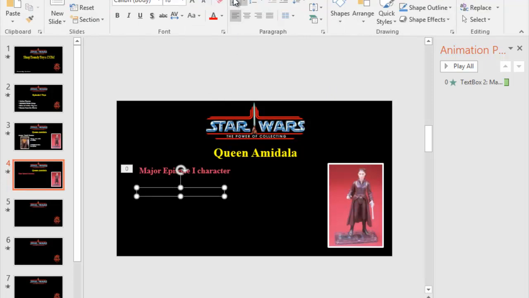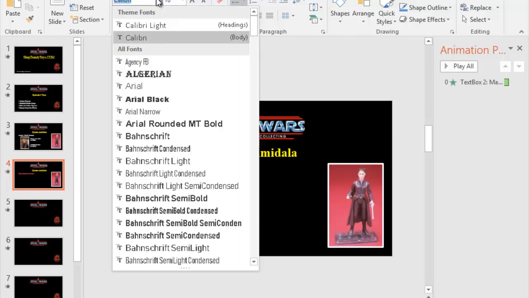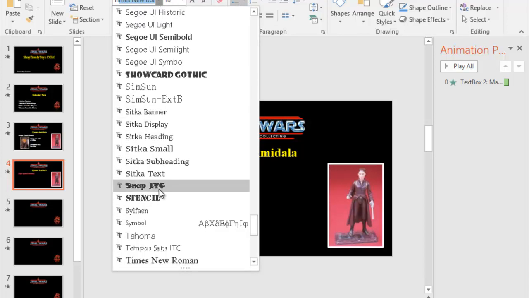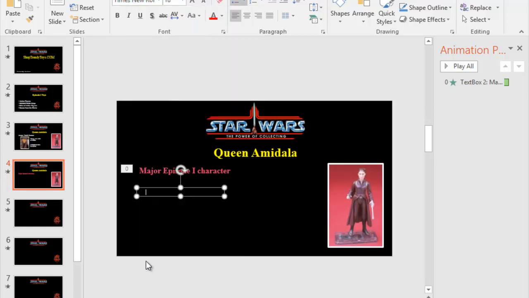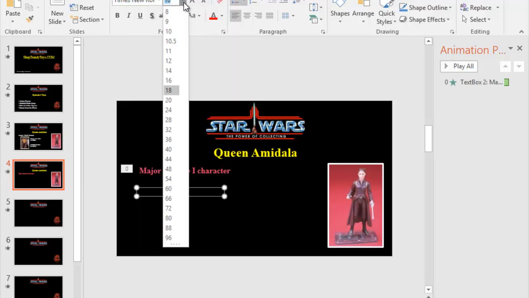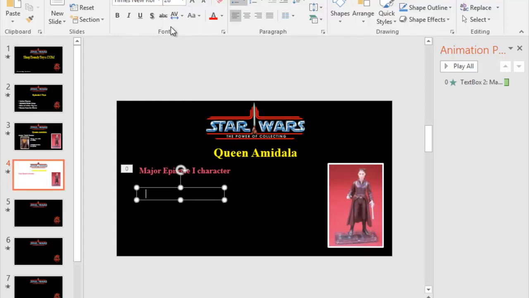The font should be 28 point Times New Roman, which is not immediately there again, so I'll just type TI on my keyboard so I can get down to the neighborhood of where Times New Roman is. And the size is 28 point, and it is bold, and it is white. So let me change that color, and I can start typing. Includes weapon,